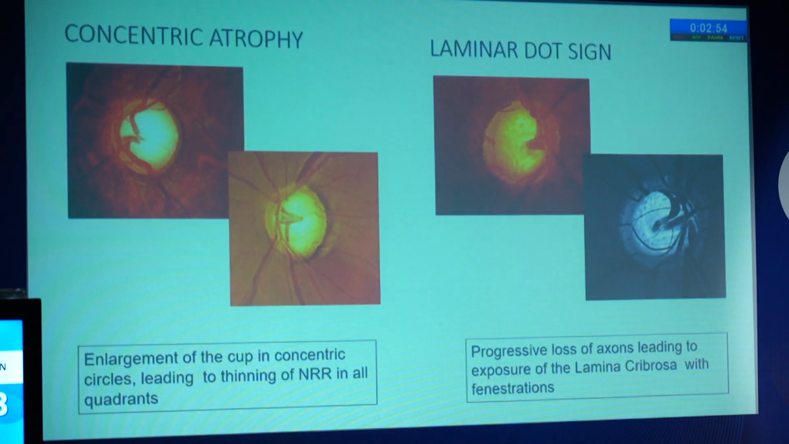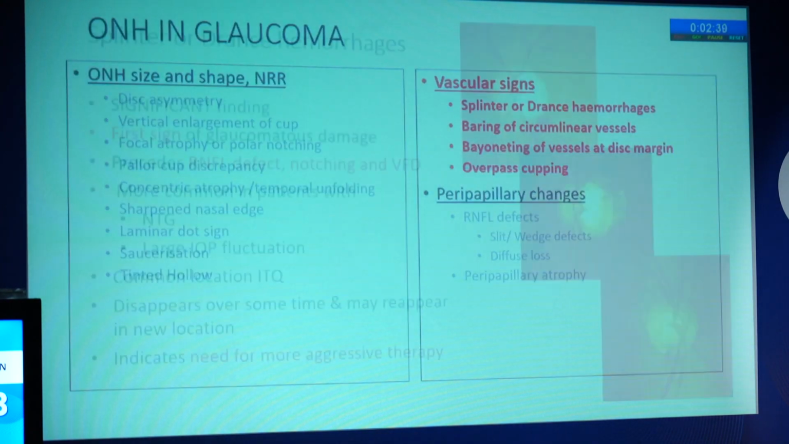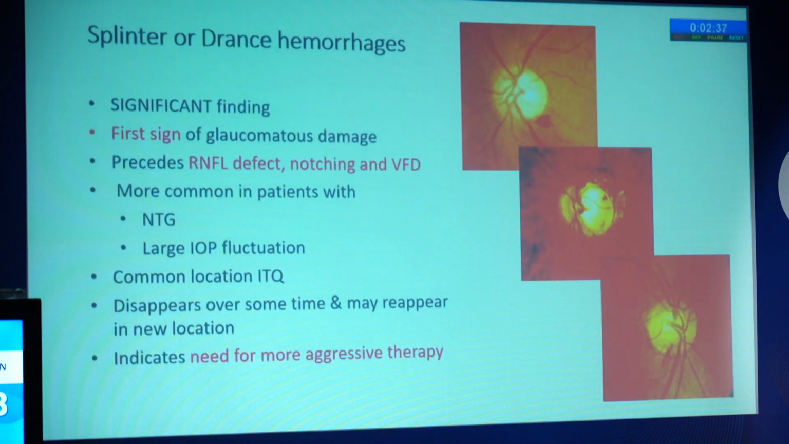Concentric atrophy can occur because of the enlargement of the cup, and the laminar dot sign can be seen as a fenestration in glaucoma because of loss of neuronal tissue. This is advanced cupping where you see pallor less than cupping, and in very advanced glaucoma you can also see thinning of the NRR. Coming to vascular signs, there can be significant findings, and the first sign of glaucomatous damage